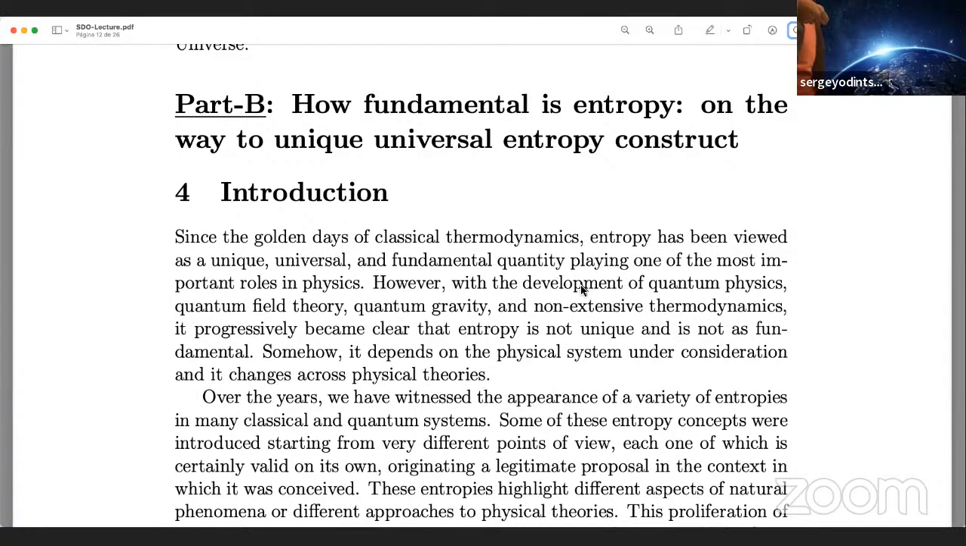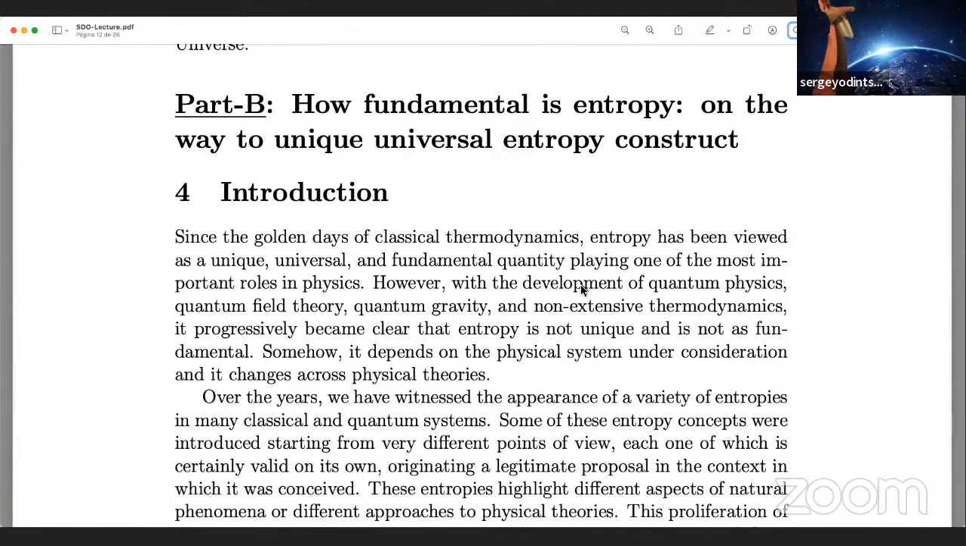Especially difference appears when we study classical and quantum systems. So there are many different entropies, and which of these entropies, how they are related, why they appear in different way, why they are not fundamental as we thought from the golden days of classical thermodynamics. Okay,